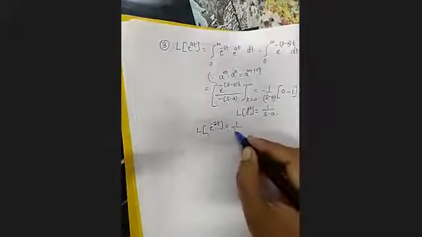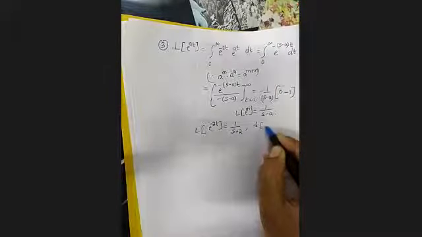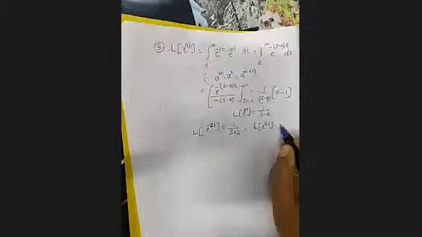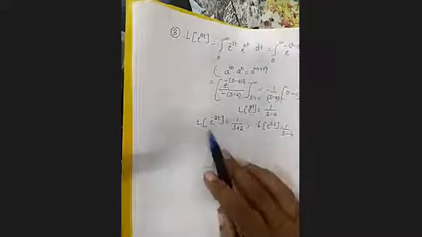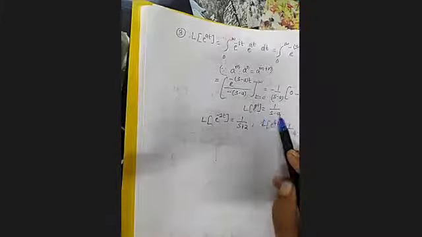What is Laplace of e raised to 4t? 1 by s minus 4. Do remember, if you have a minus, you get a plus here. If you have a plus, you will get a minus. So altogether, it depends on the result. Laplace of exponential is 1 upon s minus the coefficient of t. What do you have in that exponential?